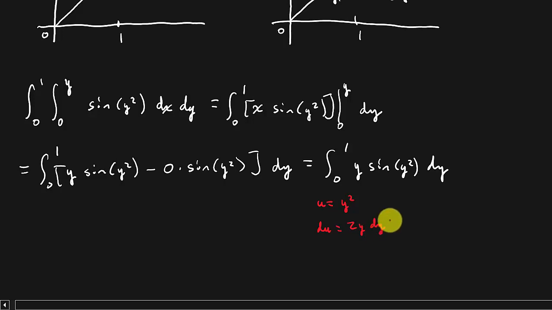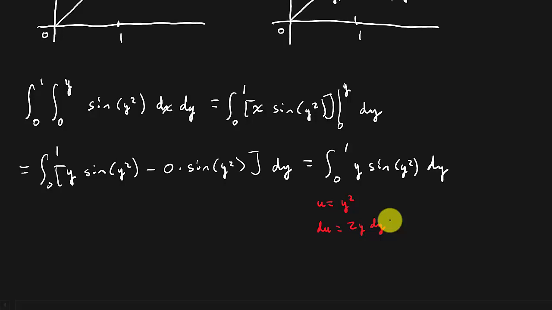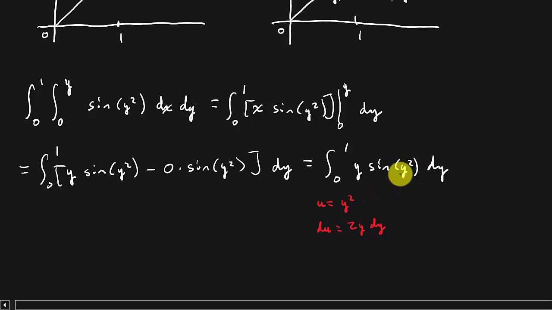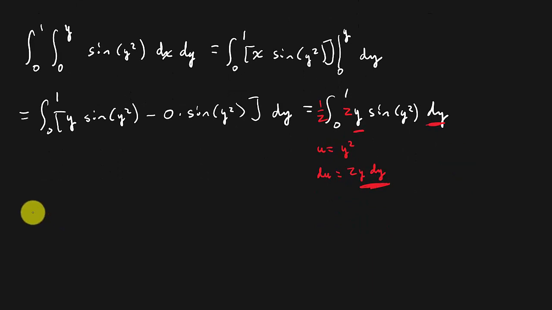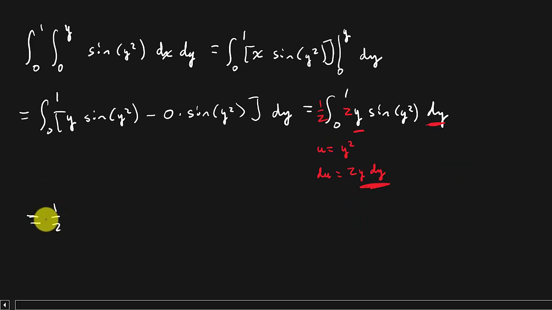Now, I don't know how you do the u substitution, but I may do it a little different than some of the other teachers do, but this is how I always show it. So we know for the y squared, we're plugging u in, right? And then we need to plug the du in. And you can see here I have y and dy. See the y and the dy? What am I missing? I'm missing a 2. So I can multiply by 2, and then I need to come out there and multiply by a half. All right. And so that's going to give me 1/2. And that's going to be